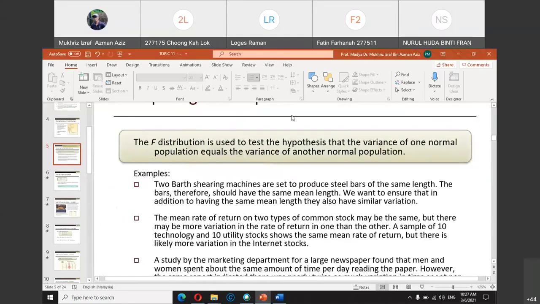In the slide, for example, this company has a machine that produces steel bars of the same length. So the bars should have the same mean length. We want to ensure that in addition to having the same mean length, they also have similar variation. So what is the difference between variance? Variance is the difference between